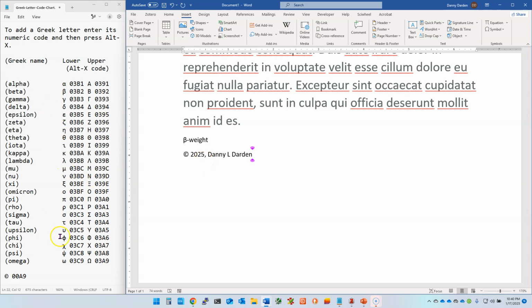That works in a Notepad or a Word document, anywhere in Windows. If you use these 4-digit numeric codes and then press Alt-X, those codes will be converted into a special character. All right, those are some time-saving tips, and I'll give you one more research tool, and that is when